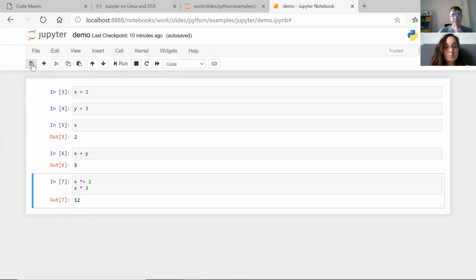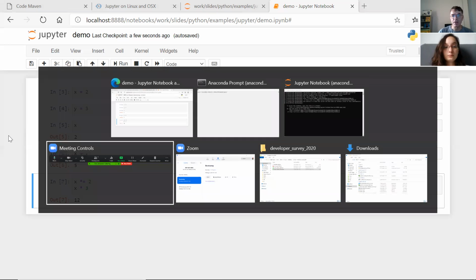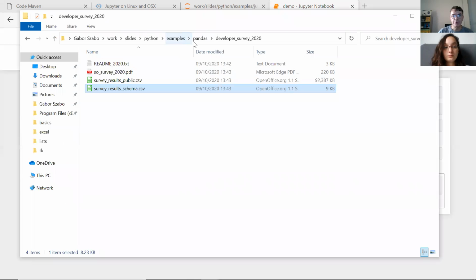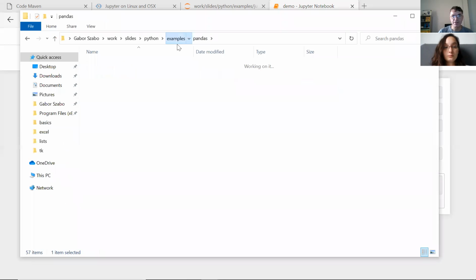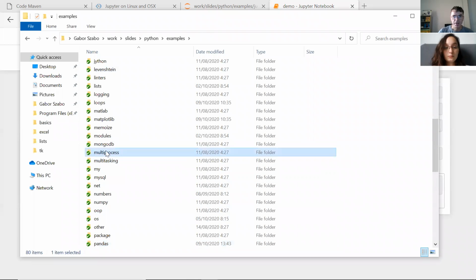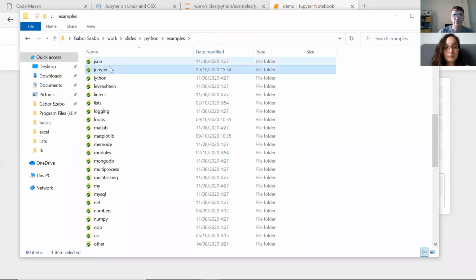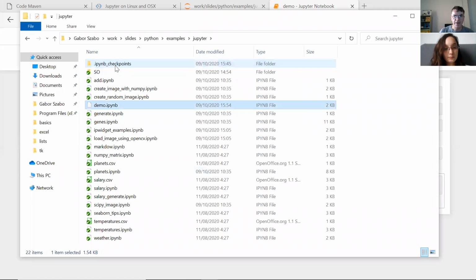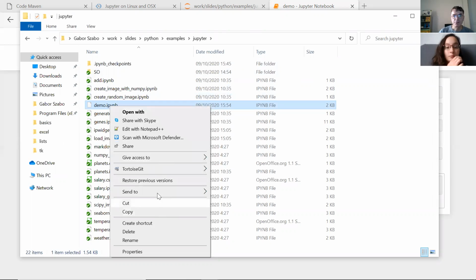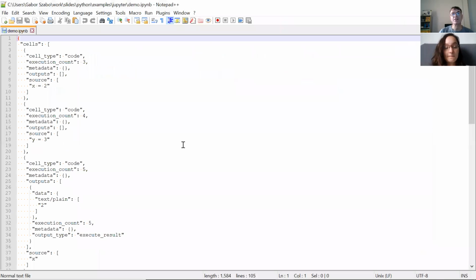But here's the, if we really want, you can save it here. Okay, so what is this file now? Let's go to the file explorer. We were here, it's in examples, Jupyter, and we have the demo, and I'm going to open it with Notepad++, so we can see what is